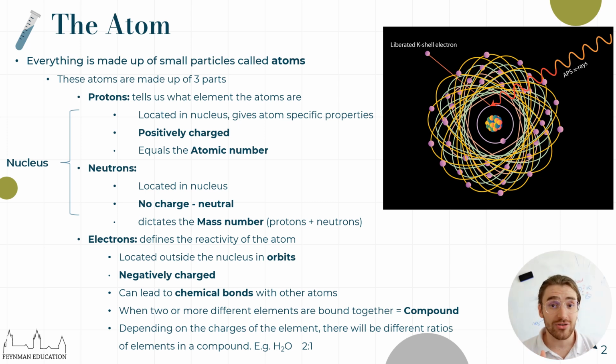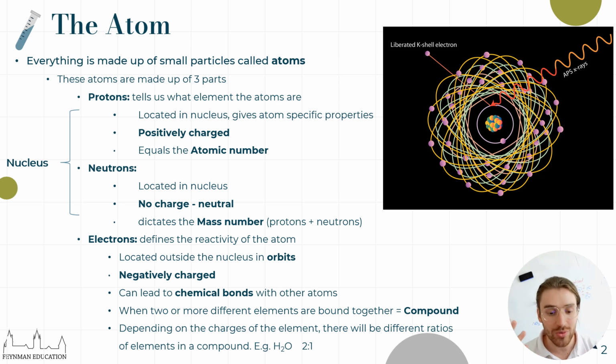And finally, electrons. So in the nucleus we have our protons and our neutrons, and flying around them are something called electrons. Electrons are negatively charged particles of the atom. Okay, and we say that they are located in the orbit around the atom. So they're flying around the atom. We call it they are orbiting around the atom, like the planets around the sun. Okay,